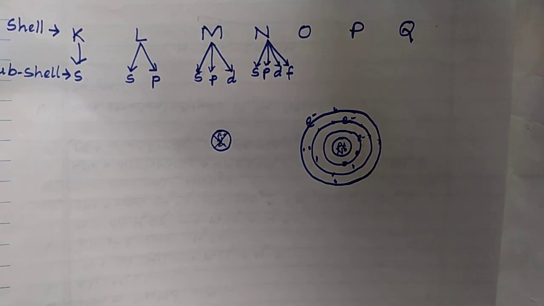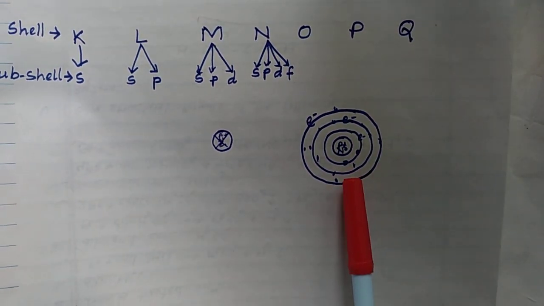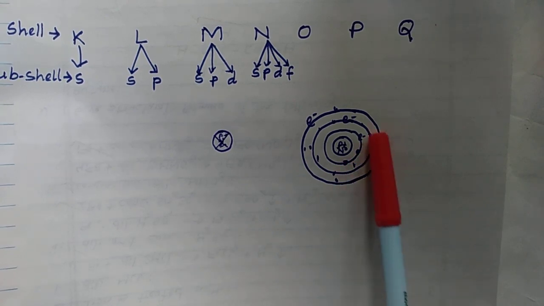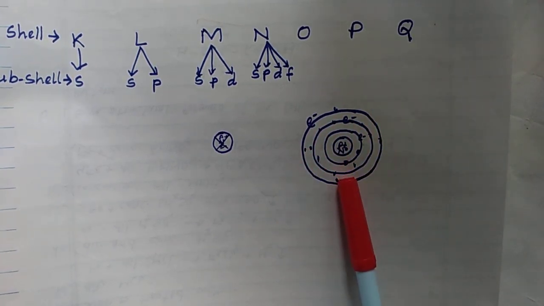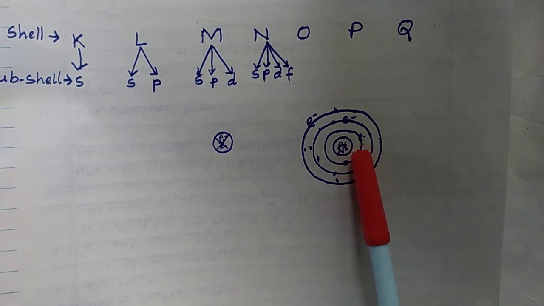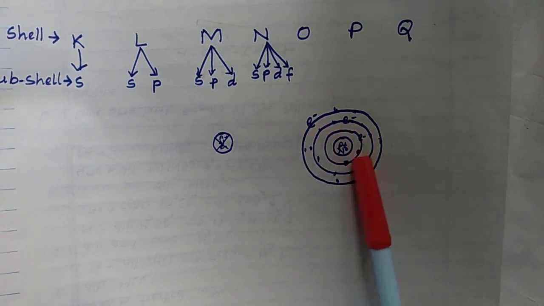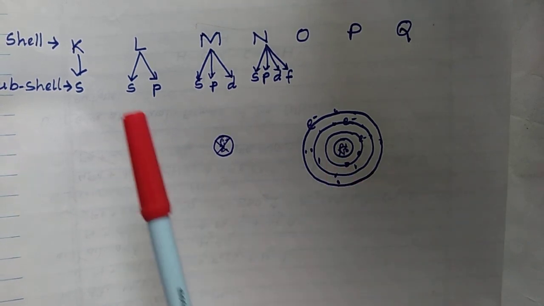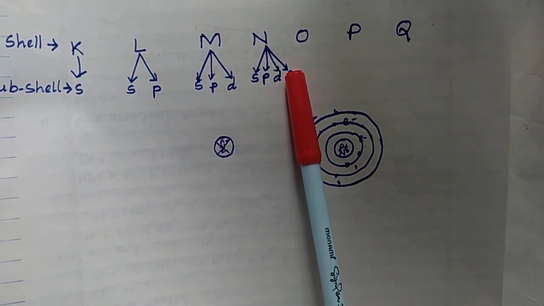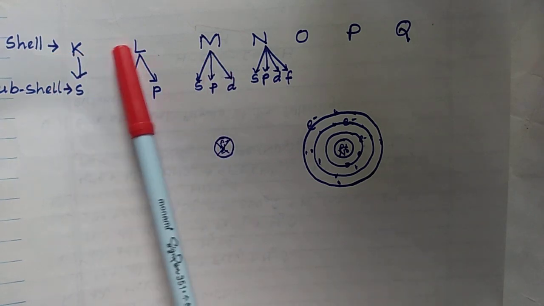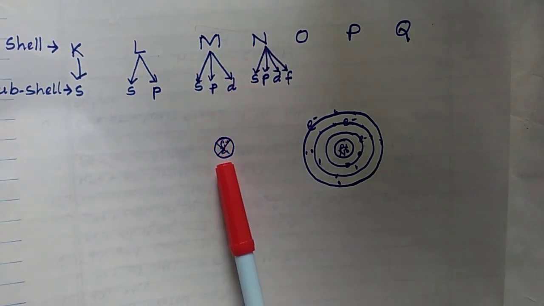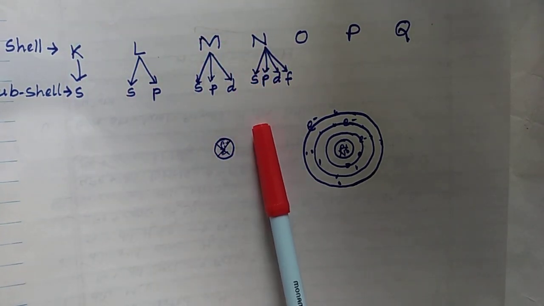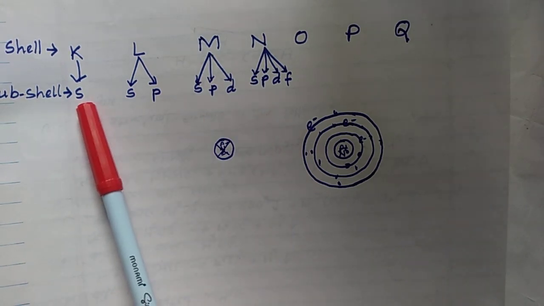Now you know atomic structure. Yes, the atomic structure of an element can be seen somewhat like this. There are cells around the nucleus. This is the nucleus and there are cells, and these are the main cells. The names of main cells are K, L, M, N cell, or the orbits. But these orbits have subcells in them. Cells are divided into subcells, and the names of subcells are SPDF.